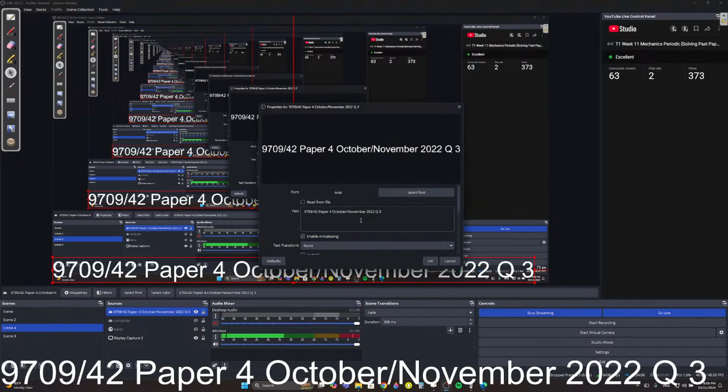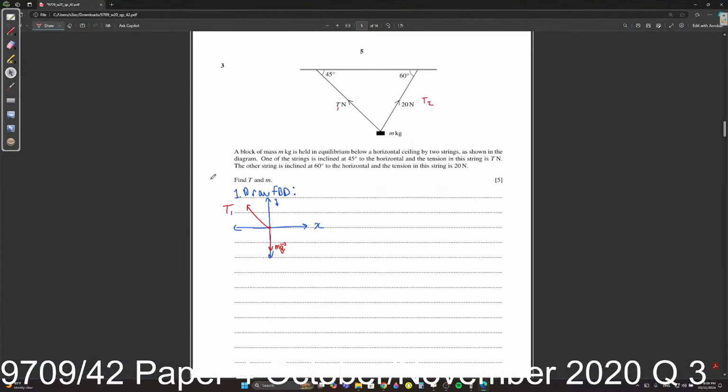Okay, properties. Yeah, so I was solving the last question and I realized that I could just use 45 and put it over here. I can just do that. But I honestly prefer to keep it like how I'm solving every question. If you want to use 45 here, it's fine. But